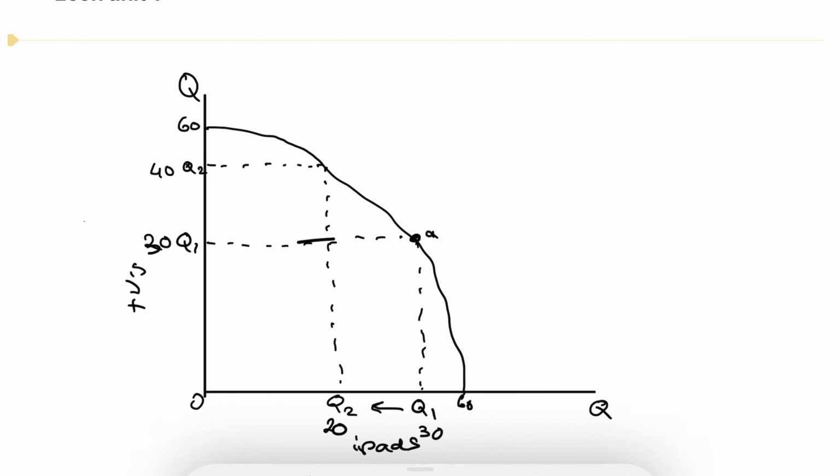When the economy grows, we can shift this out over here like this, but we talk about that more in macroeconomics. The idea here that you just want to have is that there's a limited amount of things that we can produce, and oftentimes we have to make a choice whether we want to produce more TVs or more iPads, and then when we choose 40 TVs over 30, the opportunity cost